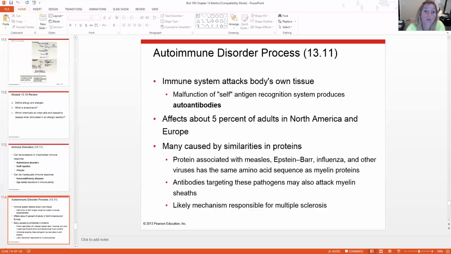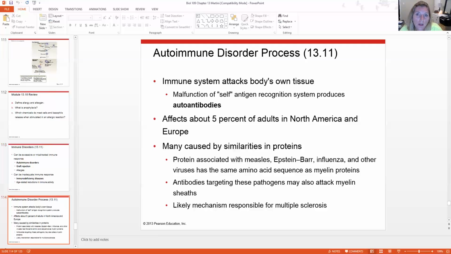Let's talk about autoimmune disorders. In autoimmune disorders, the body is attacking itself. There's a malfunction of the self-antigen recognition system, and our cells start to produce autoantibodies. This is about 5% of the adults in North America and Europe, and